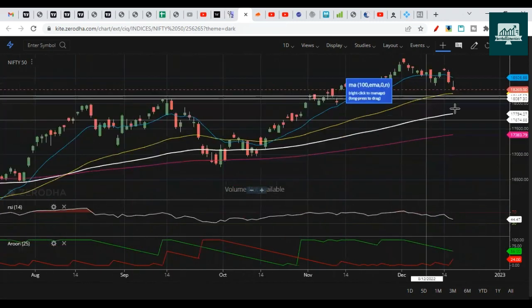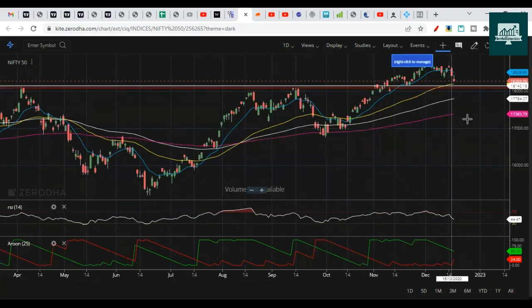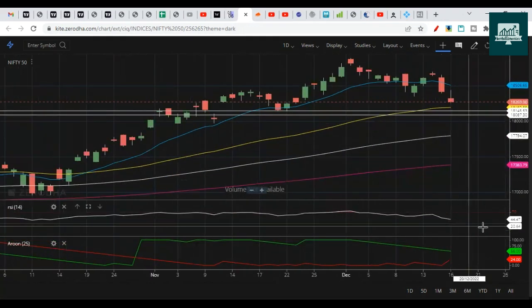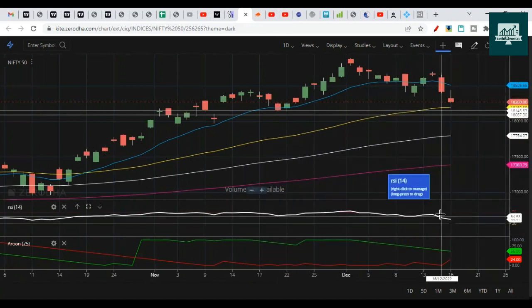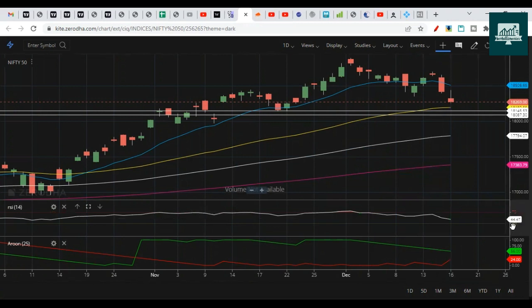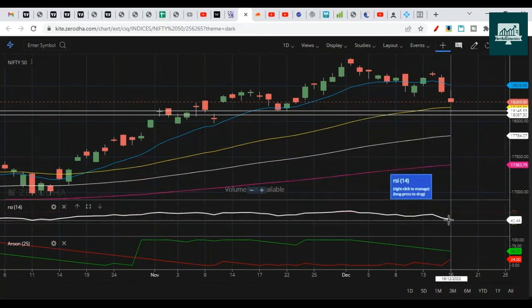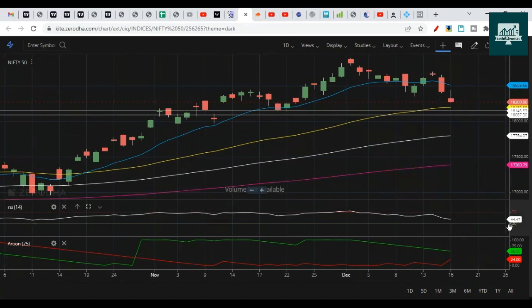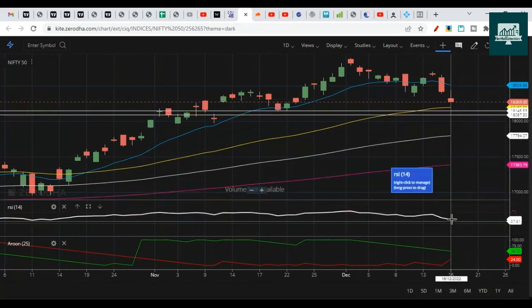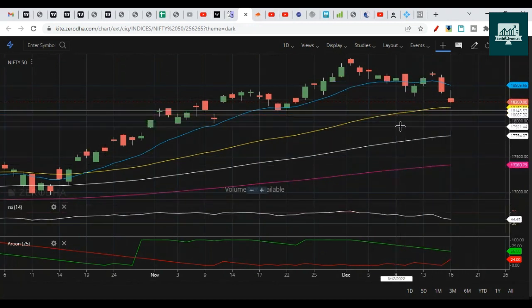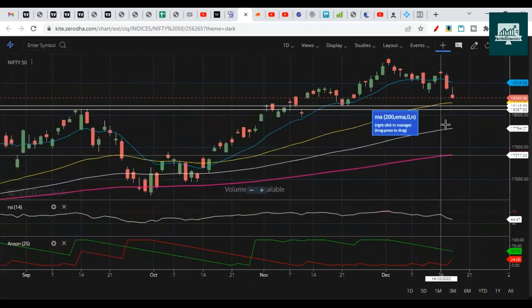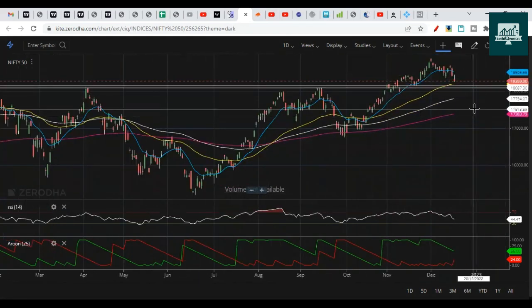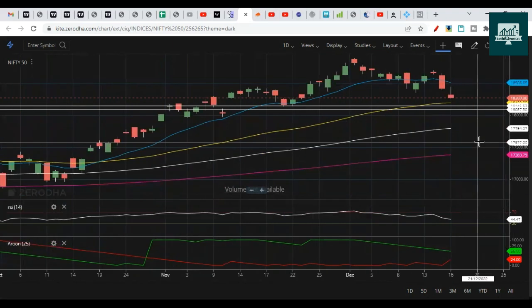So as I said here, there is a support near, what is this level, 18,000. And RSI is below 50. RSI below 50 is considered a bearish signal. It crossed from 70 and it's currently at 44.47. You may not be able to see it if the clarity is not there, but it's at 44.47. So this is considered a bearish signal, the start of the fall. It can reach 30 or even go below 30 and become an oversold situation. So the support that we have right now is near 18,100 to 18,000.